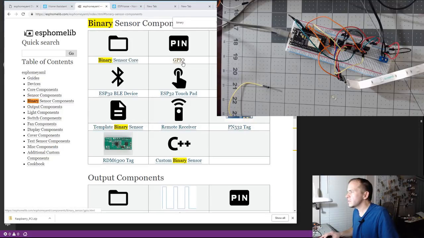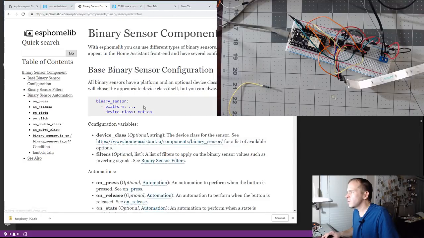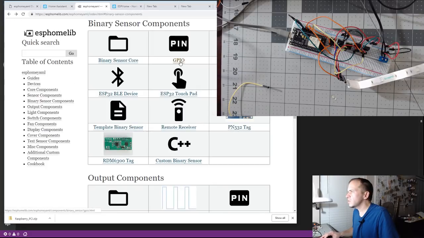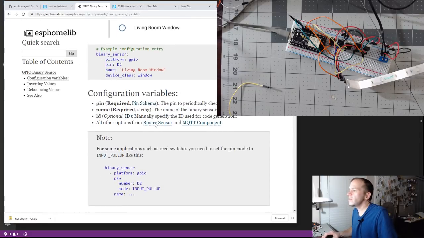Yeah, binary sensor core. Class motion. They had GPIO, and this one did give a good example. And just like in Tasmota, you can do the pull up or no pull up. I don't use the pull up with these AM312s because they pull low automatically whenever there's no motion.